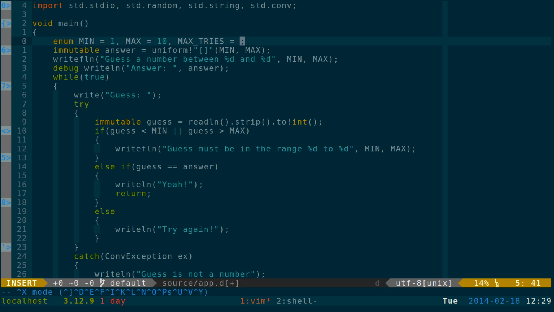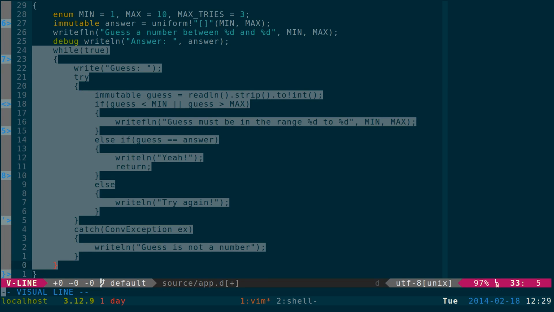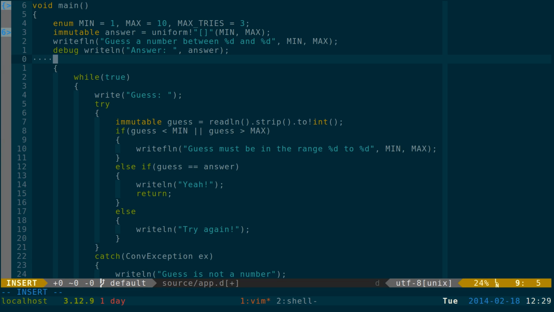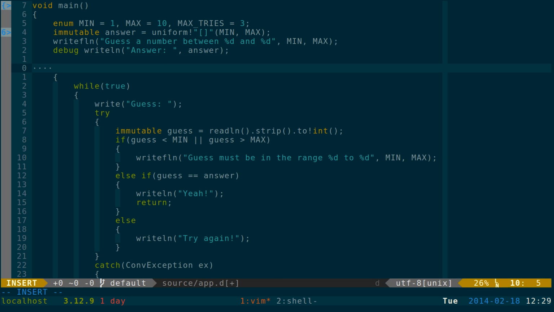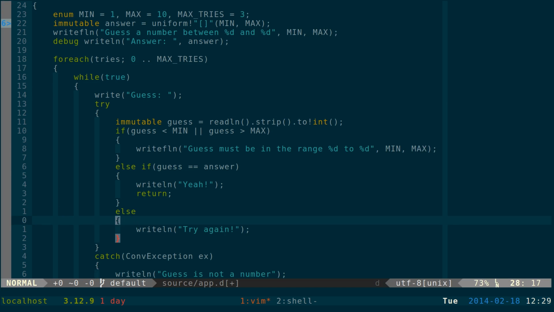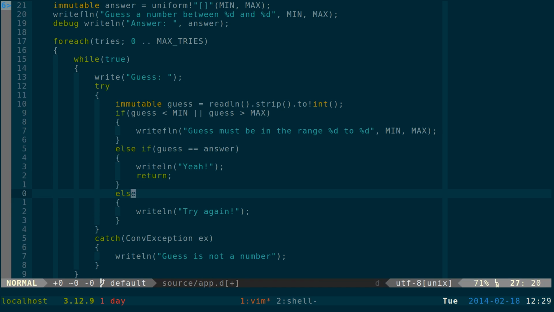So we can have, say, 3 guesses, and we can loop over these guesses, so we can say for each tries in, for instance, and this will give you up to 3 tries before failing, but we need to